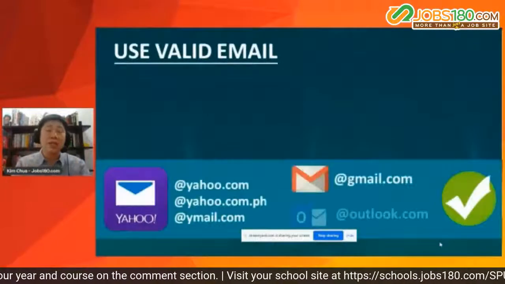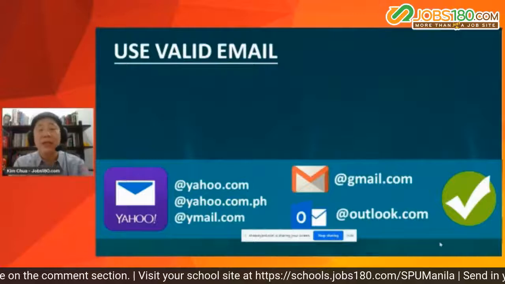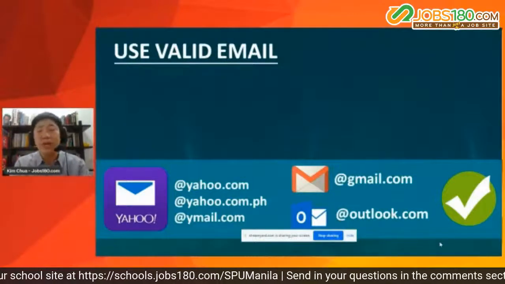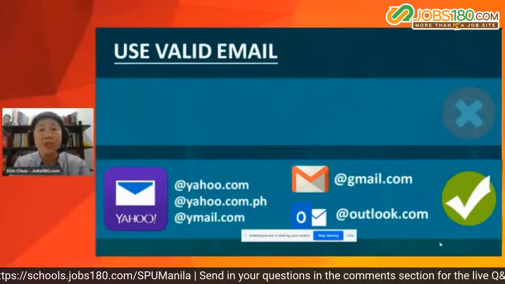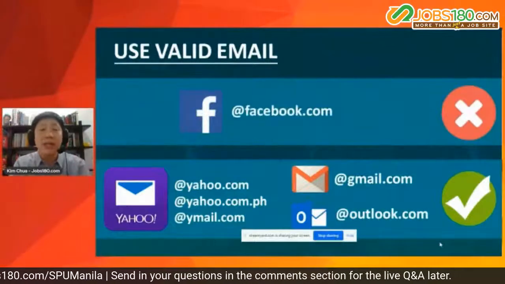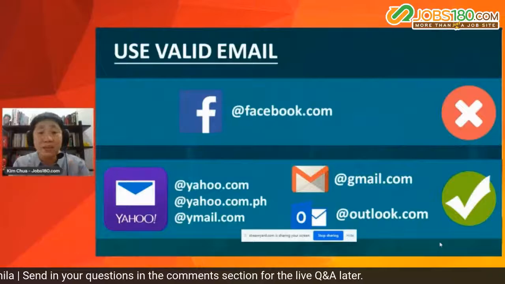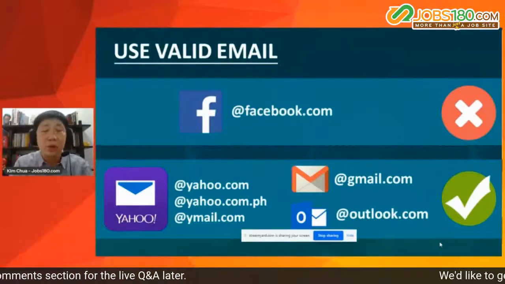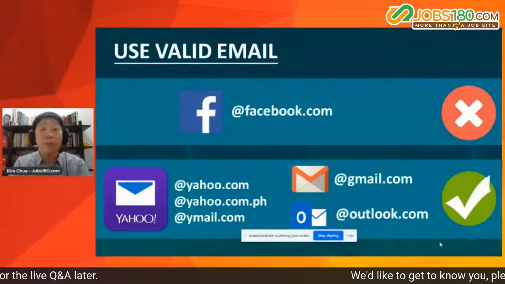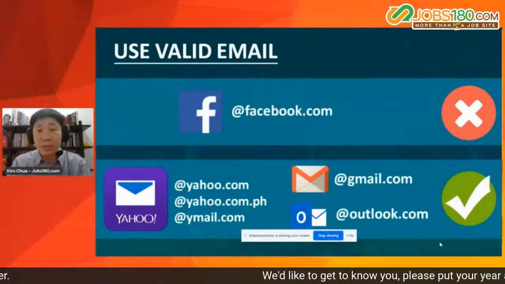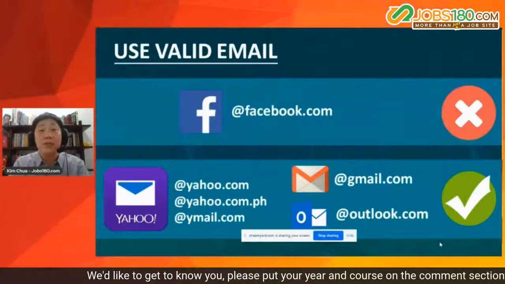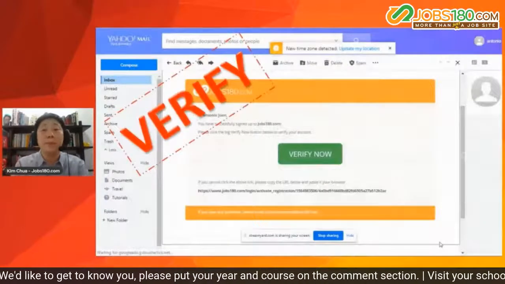Okay? Now, when you register, please use a valid email. Ito yung emphasis ko lang sa pag-create nyo ng account na dapat gamitin yung email na nabubuksan nyo, kagaya ng Gmail, Yahoo, or any email na nabubuksan nyo. Do not create, example lang, yung mga email na kagaya ng patricia@facebook.com. Huwag kang gagamit ng joseph@facebook.com na email to register. In short, huwag mong gagamitin yung @facebook.com na email. Because if you use @facebook.com na email, you will no longer be able to receive notification being sent to you by the companies as well as